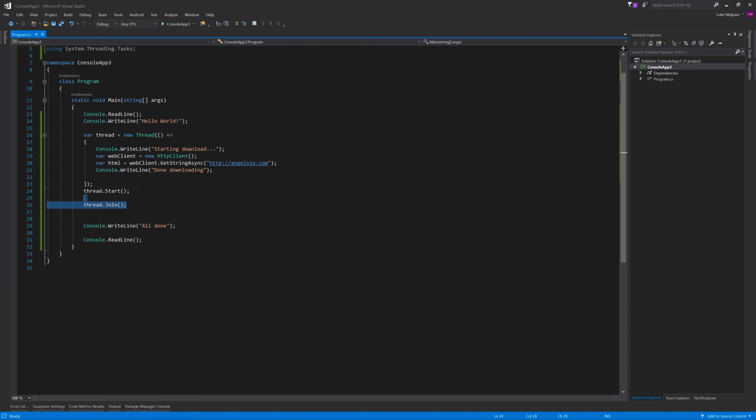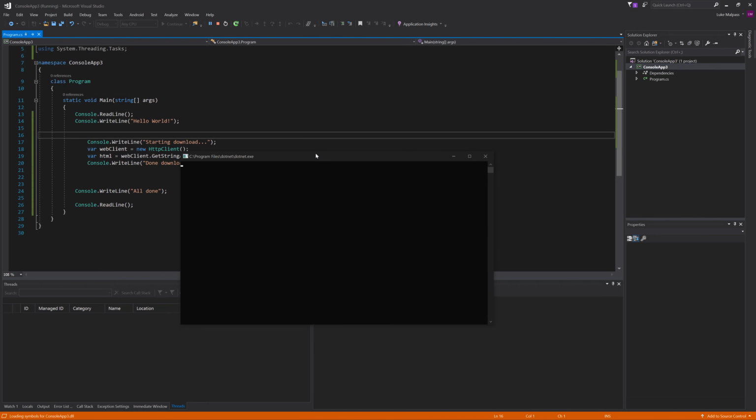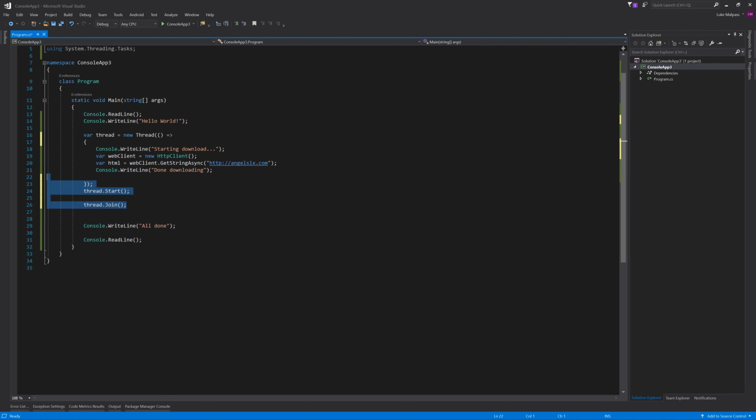Now this is not what you do, because all you've done here by joining is effectively done this. You've removed that and you've locked again. So now we get the exact same response doing it this way, which is not what you want. But the point I'm trying to prove here is there'll be parts of time in code where you want to await and not continue. But what you don't want to do is block your actual thread. So if other work is happening on your thread, then you don't want it to lock by doing this, but in terms of